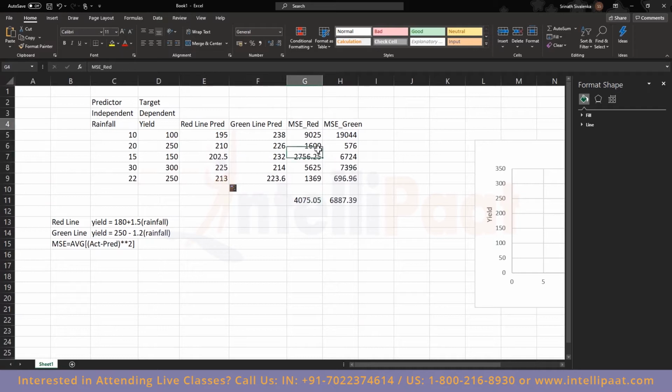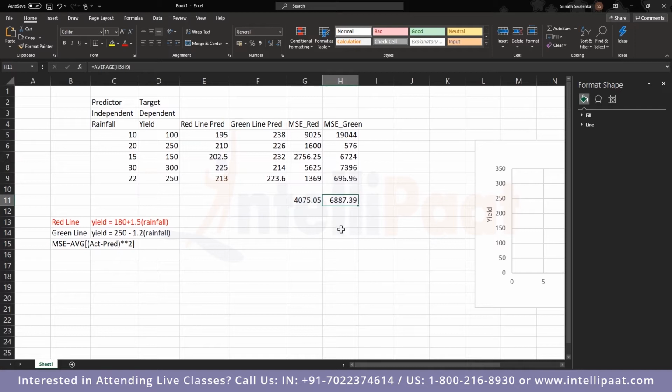So now if you observe, the red line seems to have a slightly different equation with a mean squared error of around 40. So out of these two, what we are saying is that this particular equation has a lower MSE than the green one. But then the